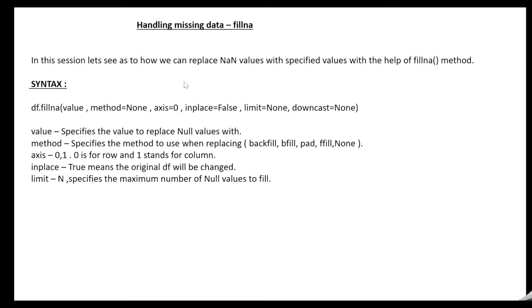In the earlier session, we had started with handling missing data and we had also seen the dropna method as to how to drop a row or a column which had NaN values, that is, not a number values. In this session, let's see how we can replace NaN values with the values specified by the user with the help of the fillna method. So the syntax for fillna is value, method is None by default,